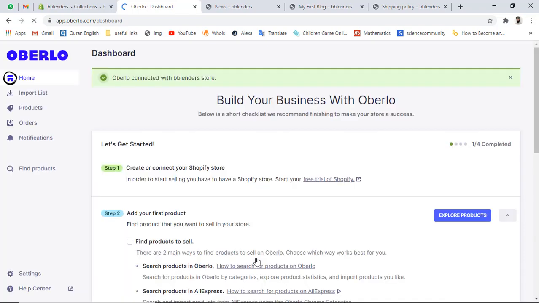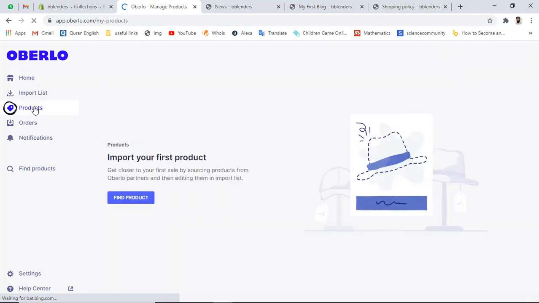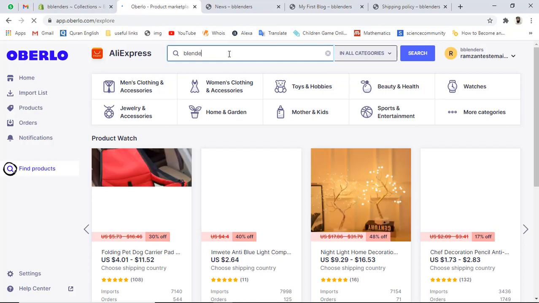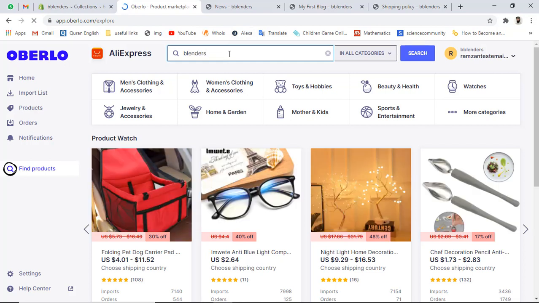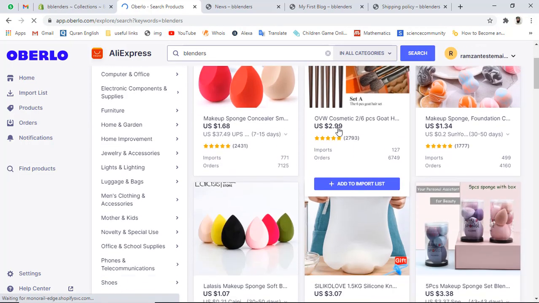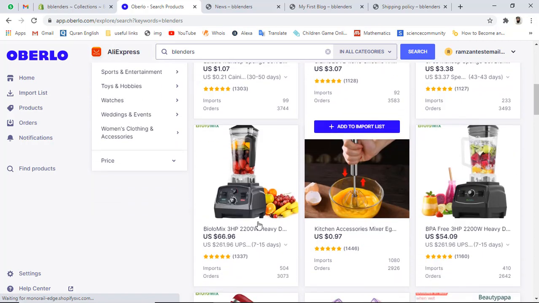Here we are going to import some products, and let's click on products. All the products would be listed over here, and let's click on find products. This Uberlo app helps us to select a specific product and import it onto our Shopify store. So let's search for a specific product, which is blenders. After pressing the enter key, you will get all the products list from AliExpress.